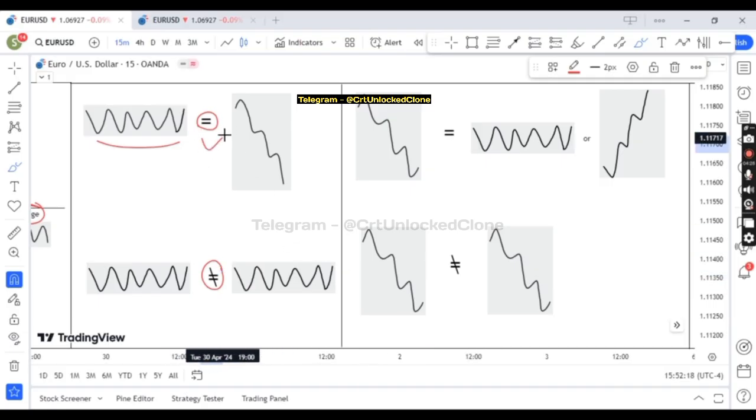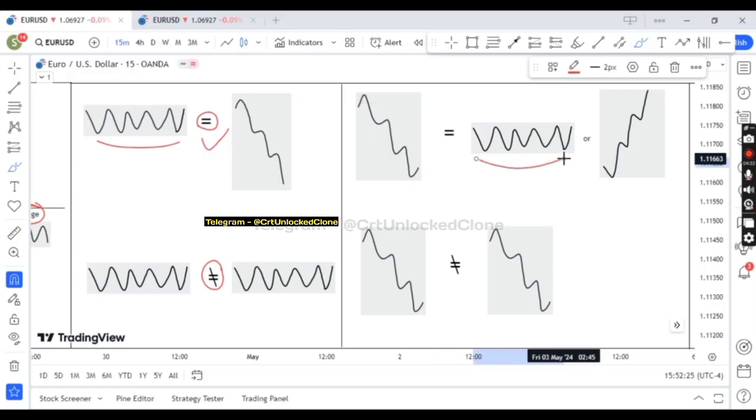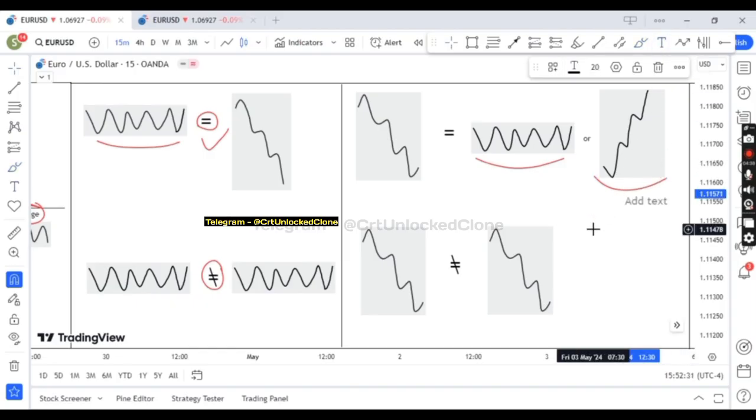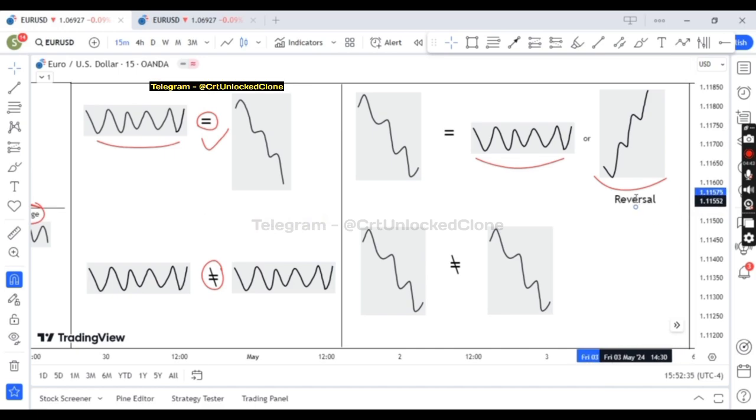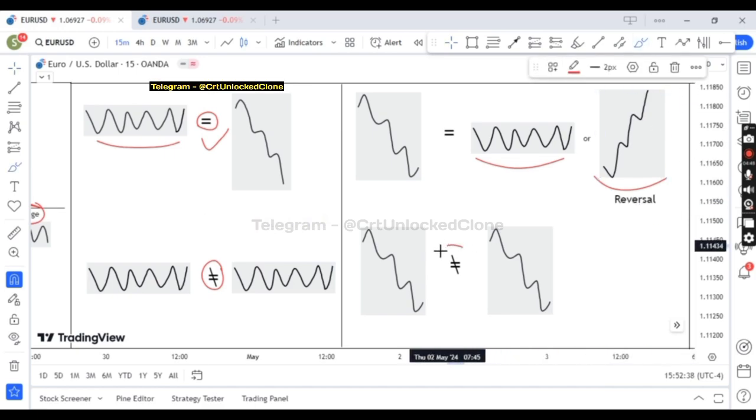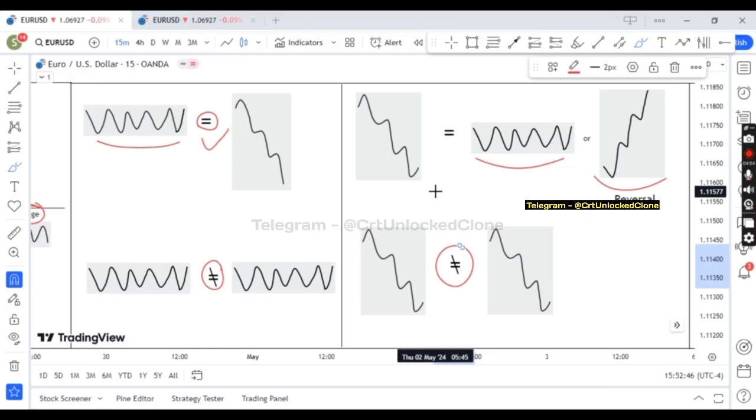Similarly, after an expansion profile has ended or occurred, we can only have three possible outcomes, which are a retracement, a reversal, and a ranging profile. That means after an expansion has occurred, we cannot have another expansion, right? We cannot have another expansion right away after the expansion profile has ended, right? First we're gonna either wait for a retracement or a range to form and then position ourselves toward another expansion